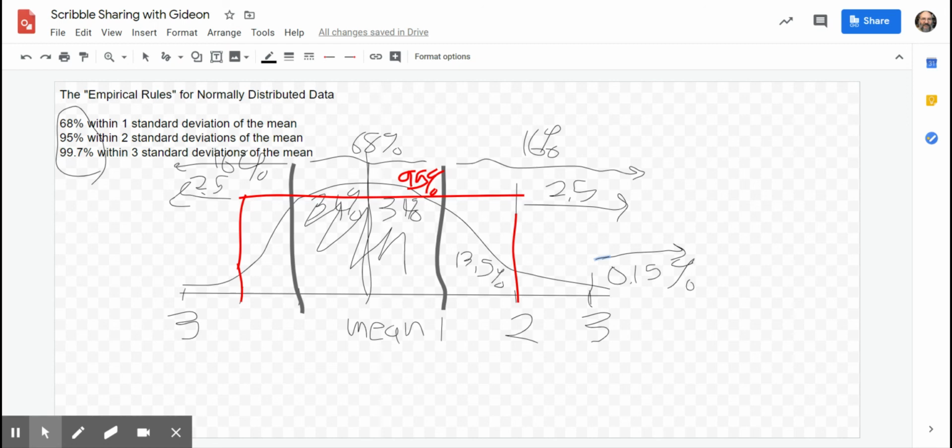I'm not going to boldface it or mark it up or anything like that, but do be ready to deal with it in case you get a question like it for the exam. Just memorize it and then do the same splitting up things, right? 2.5 here, 0.15 there. You could actually figure out 2.35% here. And you might need to if they give you some kind of lopsided question, or like,